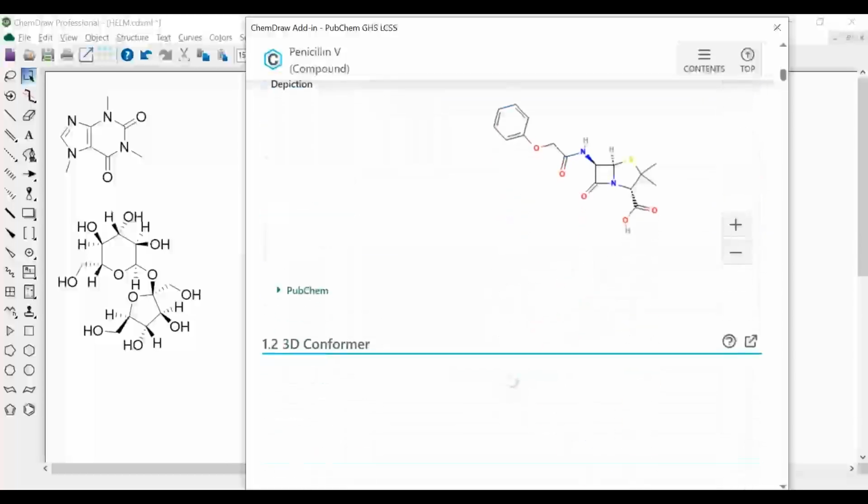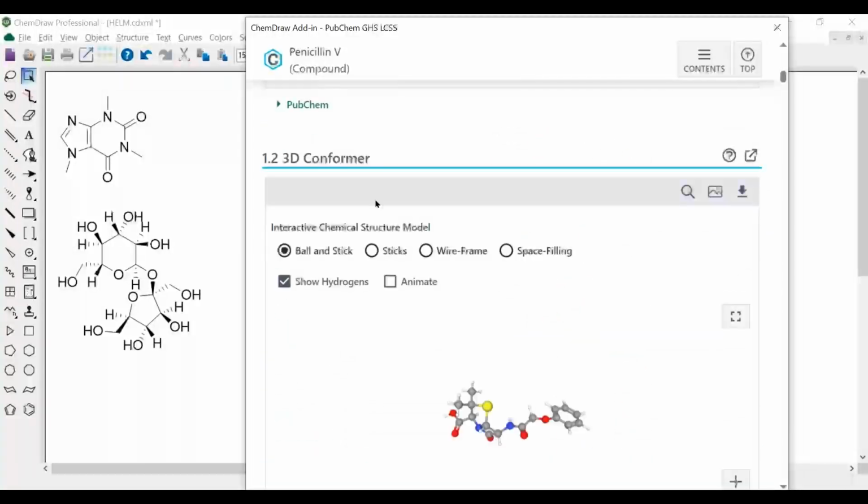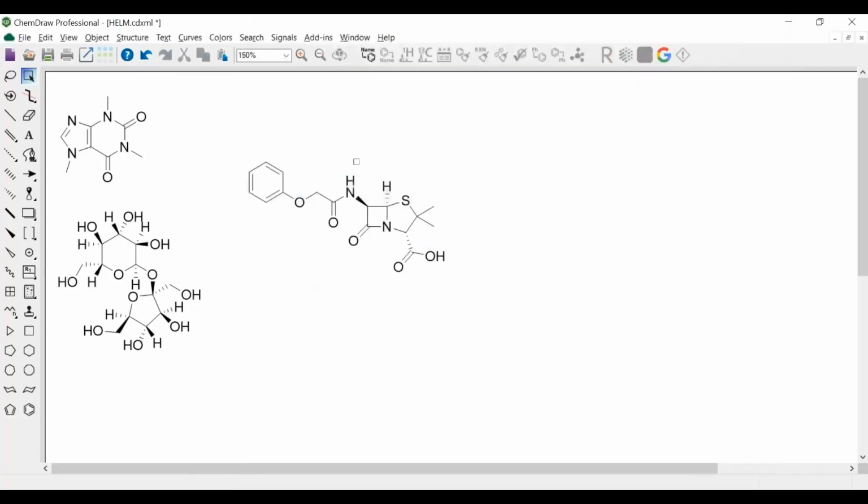So this again is another integration that's built right into the interface here and allows you to easily pull up content that you want that's relevant to the structures that you've drawn. But instead of having to jump out to a separate software, log in and draw the structure again, or put in the CAS number again, or something like that, you actually have the ability to just leverage the content that's here in the